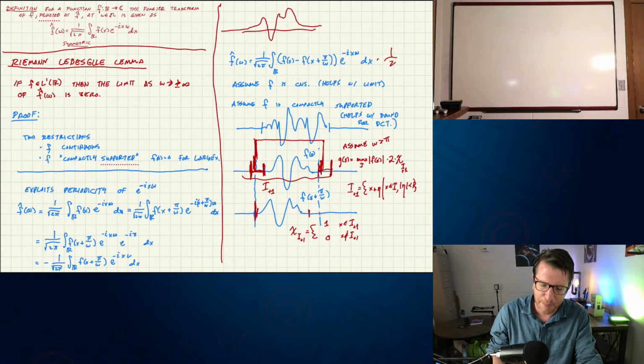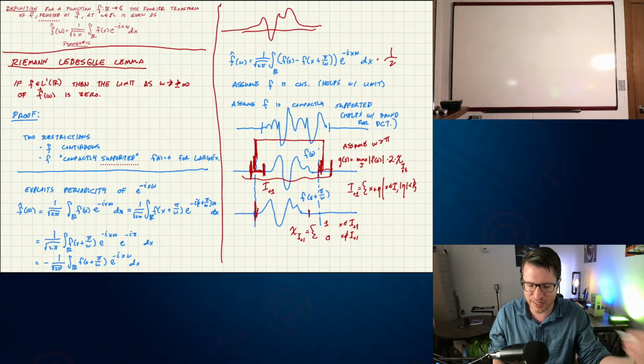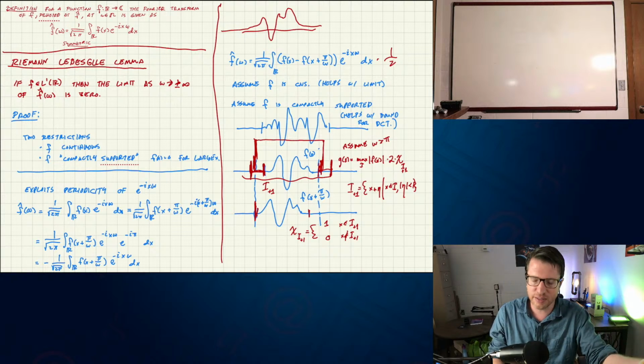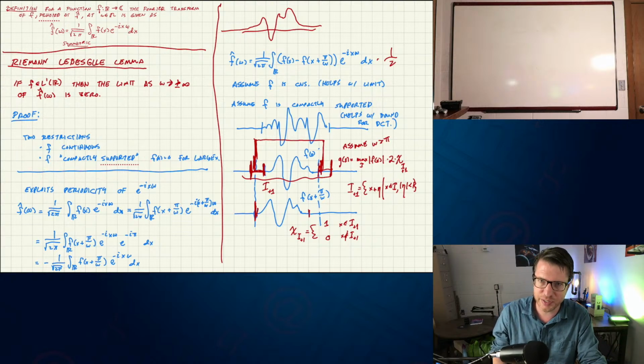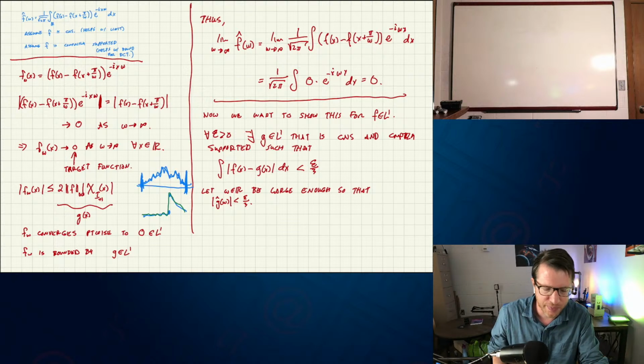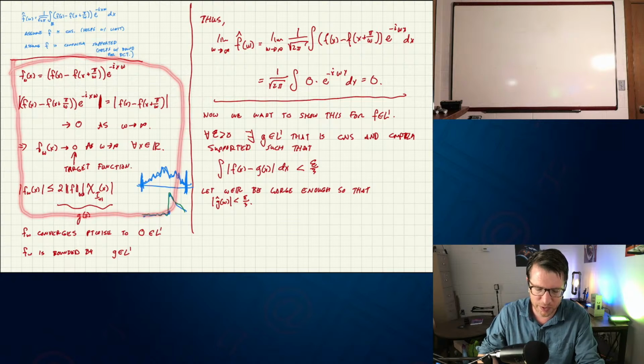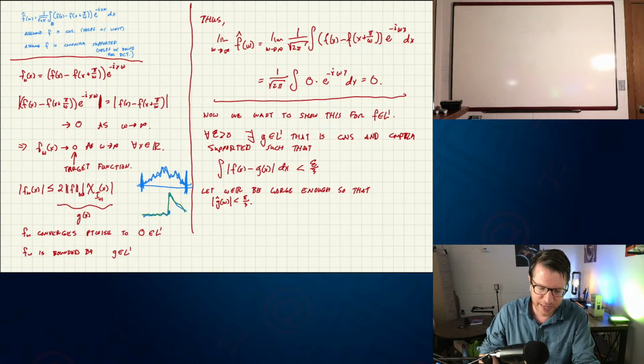But once we have all these pieces in place, we can just pass the limit through and let omega go to infinity, and then this term goes to 0, and the Fourier transform goes to 0 under these two conditions. We just did this formally here, to make sure that everybody was on the same page. And once we have this term going to 0, again with all the 1/2s that we need,